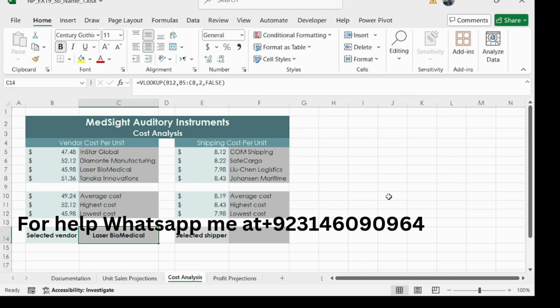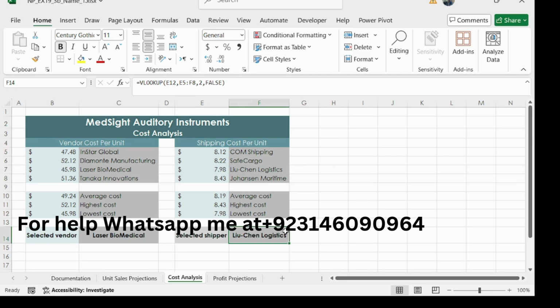And copy this formula, Control C, to F14, Control V here, like this, and then press escape. So we have completed 8 steps here.